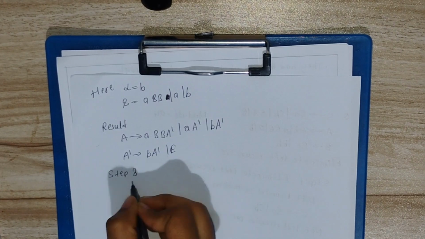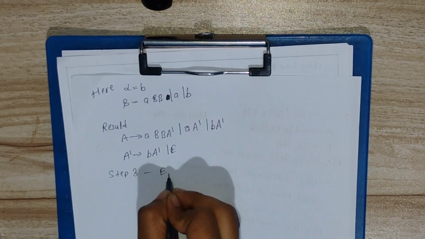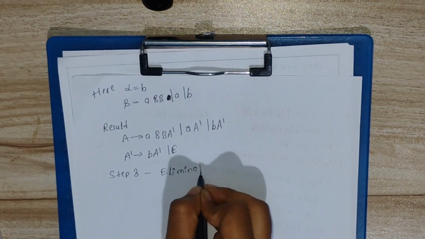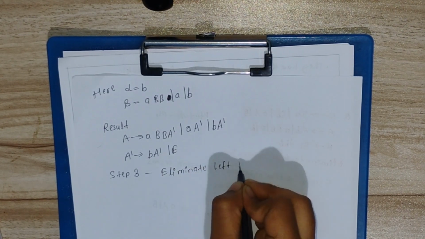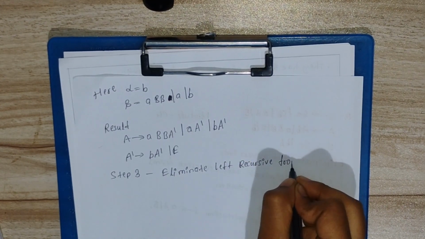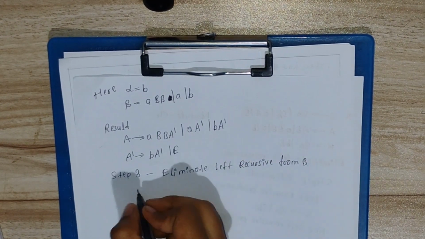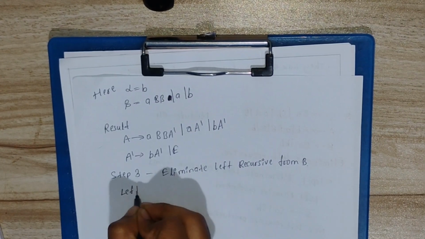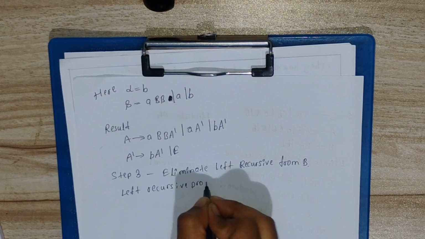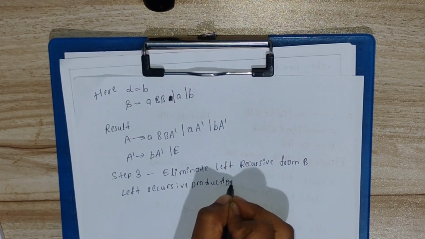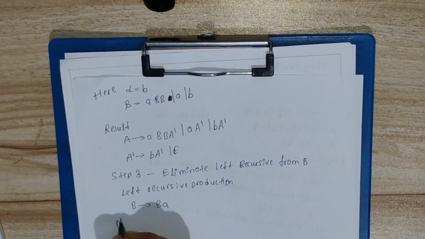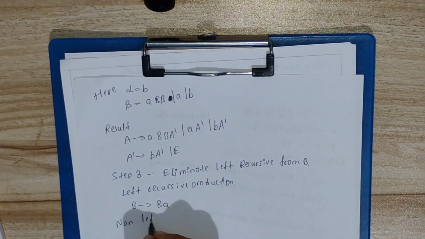Step 3. Eliminate left recursion from B. Left recursive production: B implies BA. Non-left recursive production: